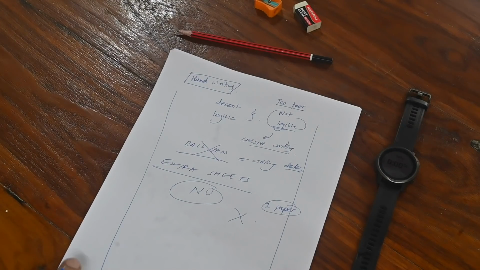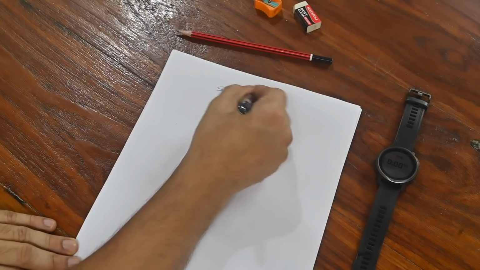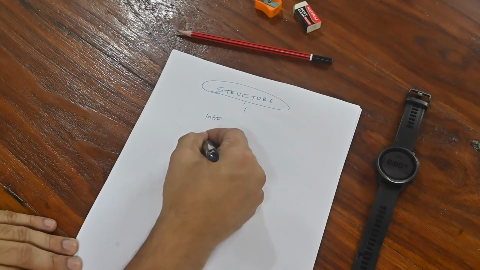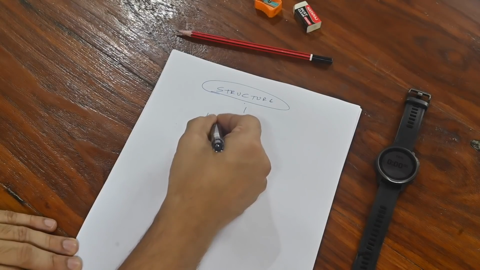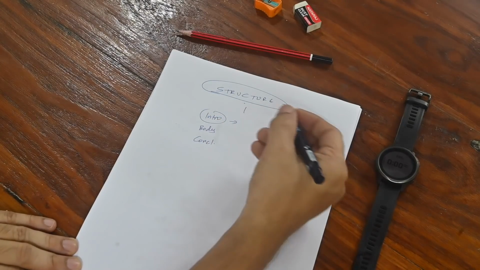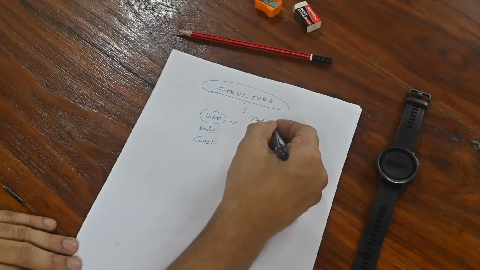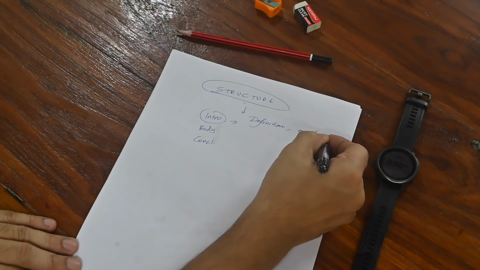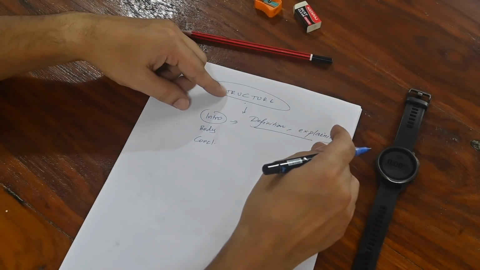Okay, now let us go to the structure of answer writing. See, the structure is generally very simple: intro, conclusion, and body. Okay, intro is where you introduce the topic by providing either the definition of what has been asked, or by explaining the concept that had been asked in the main paper, in the question.